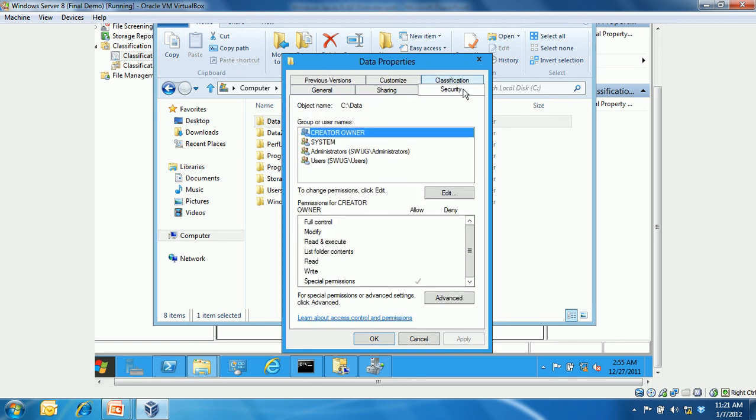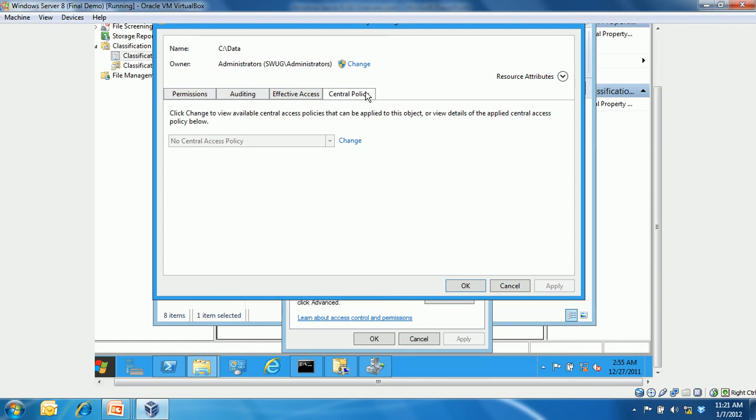And under Security, users still have full control. Administrator also has full control. But let's go into Advanced. I will have this new Central Policy tab appearing. I can decide which policy to be applied to this folder. So when I click on Change,